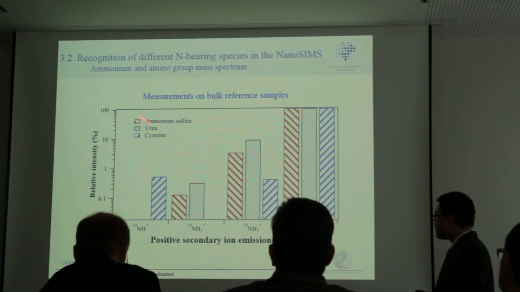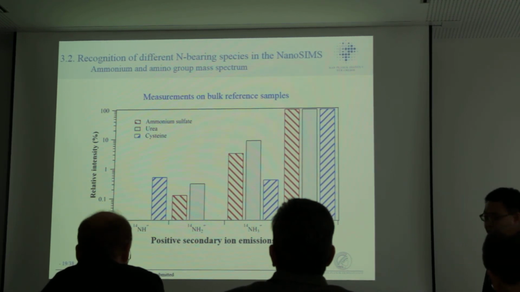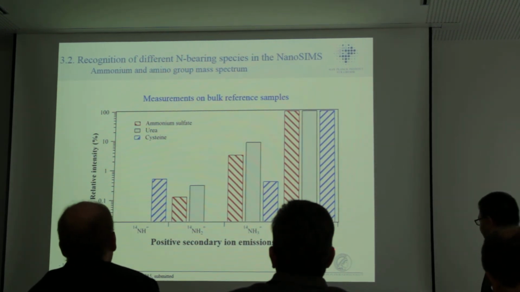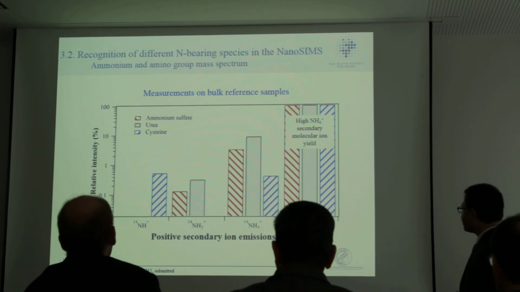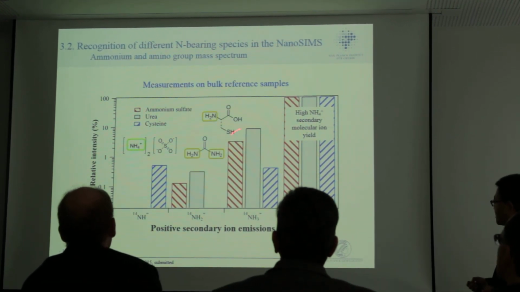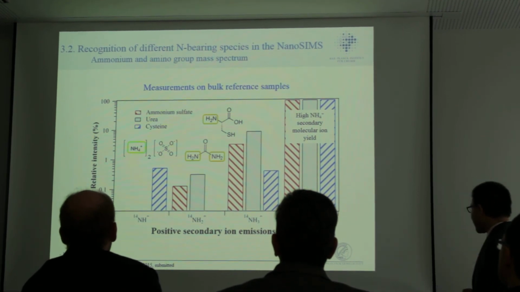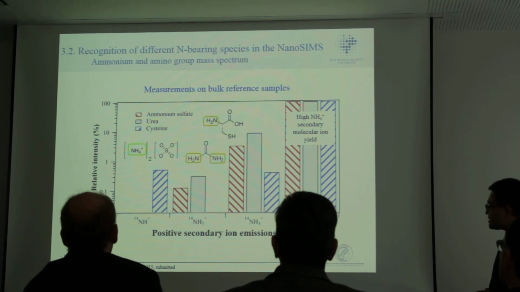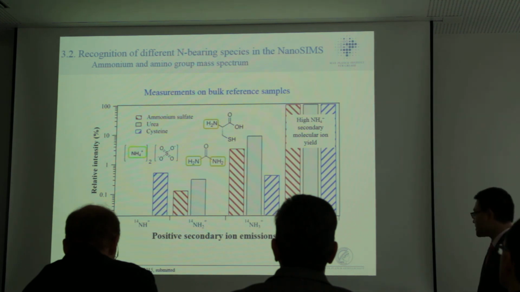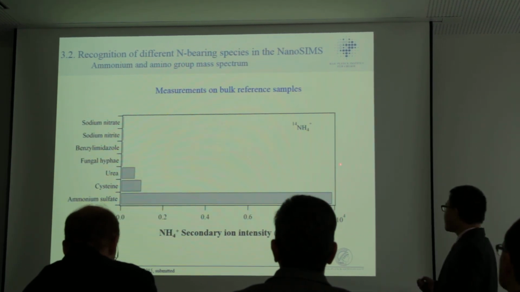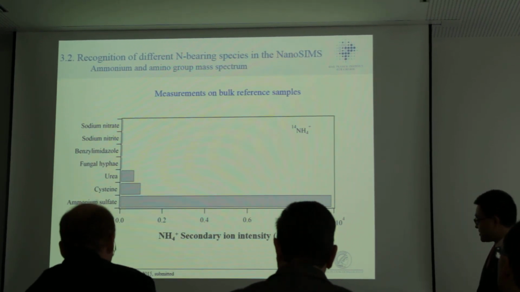For positive secondary ion emissions from ammonium sulfate, urea, and cysteine, comparing different positive secondary ions, the result shows that they have the highest NH4 plus secondary ions. We notice that urea and cysteine only contain NH2 groups, but they still show the highest NH4 plus secondary ions. This means this secondary ion can be formed during the sputtering process in the NanoSIMS analysis. Similarly, we compare this high signal with other different species. We found that other species don't show